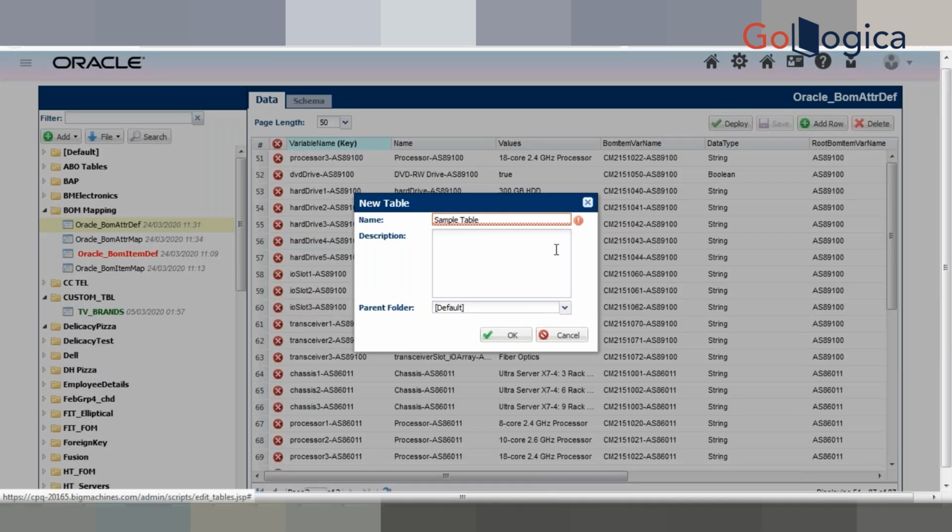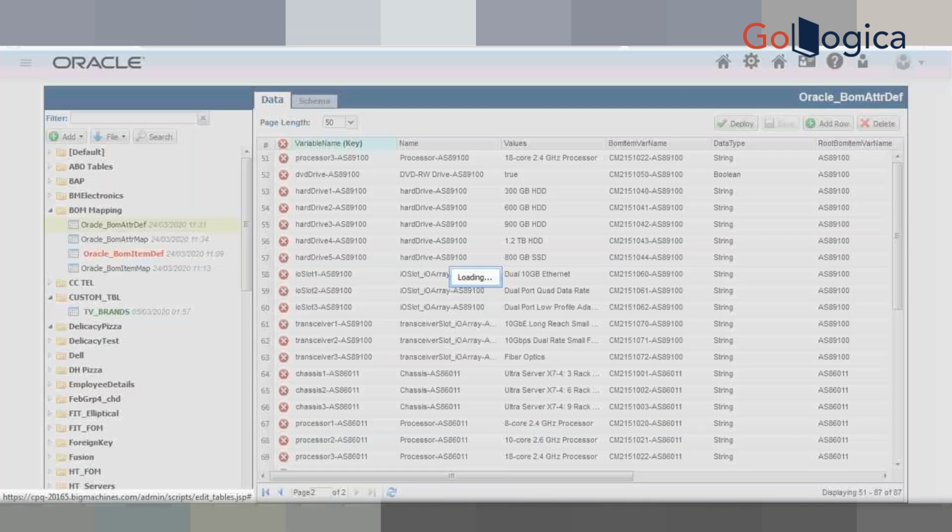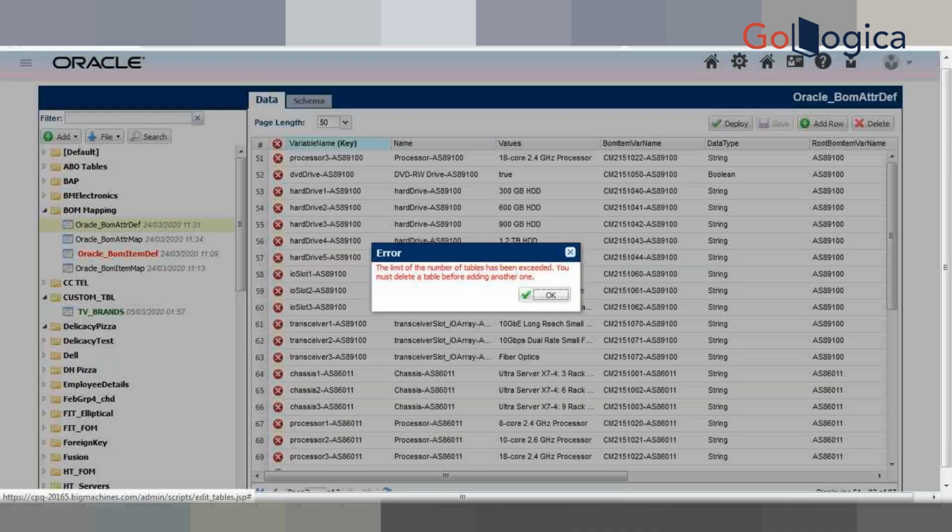It can't accept spaces. You can see the error here. Right now the error is that it has exceeded the limit. So someone might have created the maximum number of data tables. So what you can do is